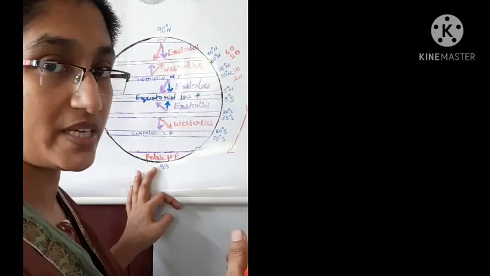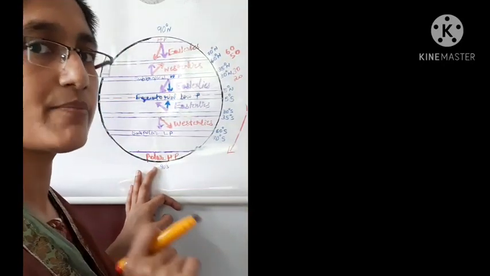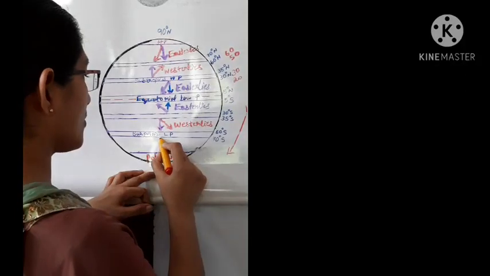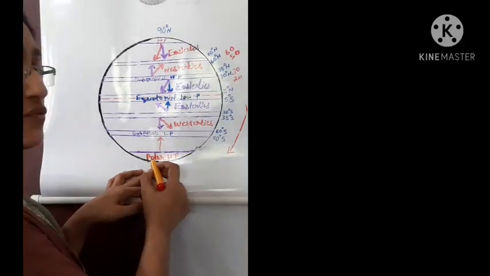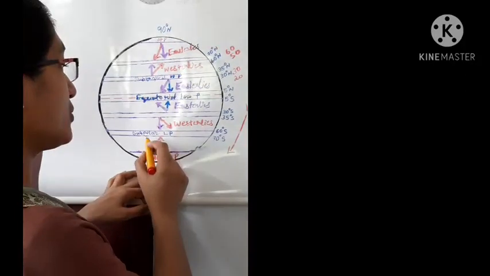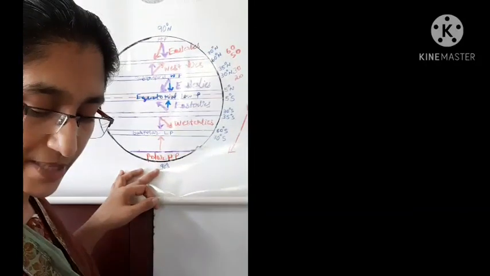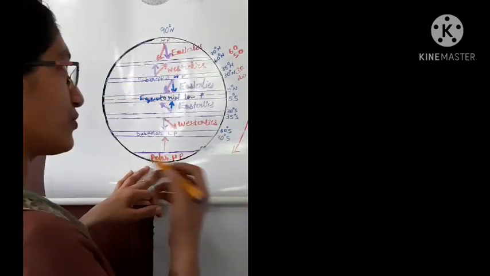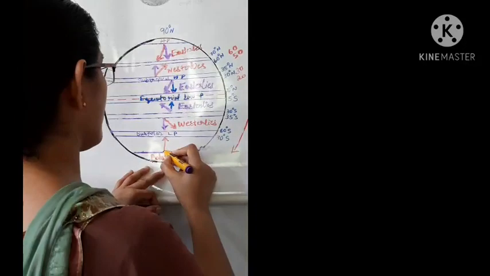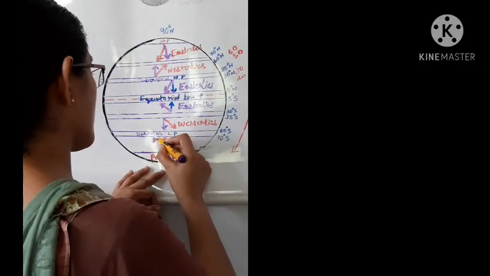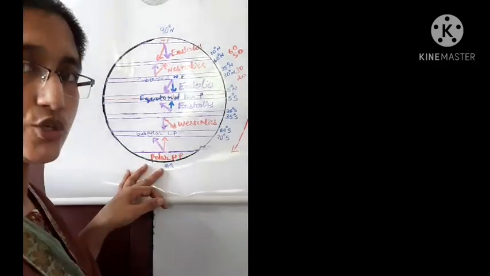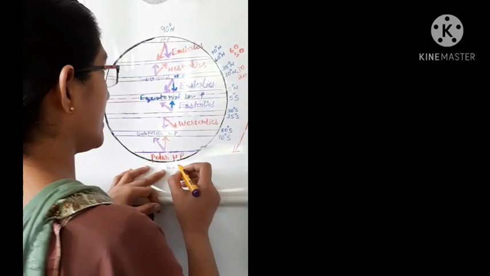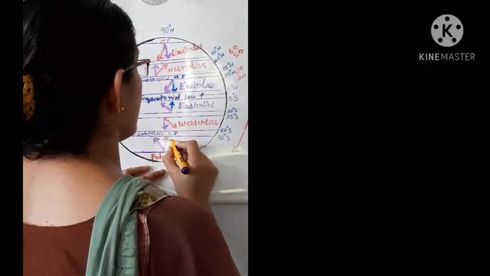What is the name of that wind? They are also easterlies because they are moving from the polar high pressure belt to the subpolar low pressure belt. They are moving from south to north, but they deviate from their original direction and move from southeast to northwest. So they are named easterlies itself, but also polar easterlies.